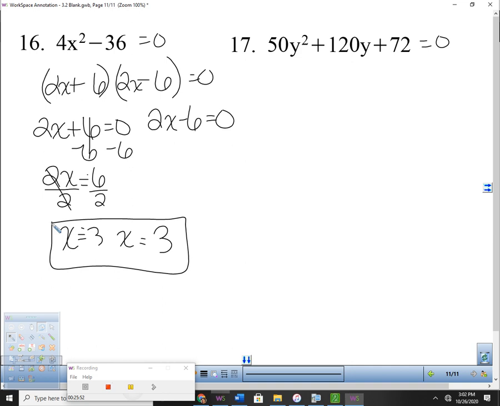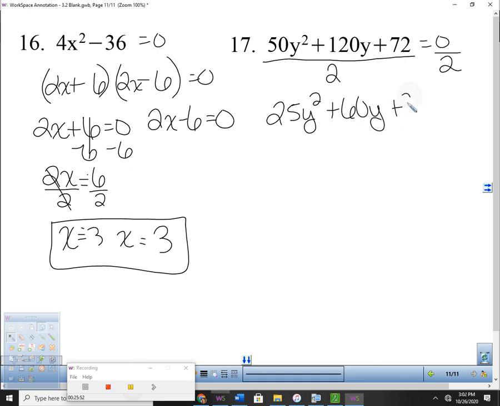Now, if I'm just factoring, I would need to pull the 2 out front, right? And it would stay out front, and I would factor the rest of it. But since it's an equation, I actually don't have to put the 2 out front because I can do something to both sides, right? I can just divide everything by 2, which gives me 25y squared plus 60y plus 36